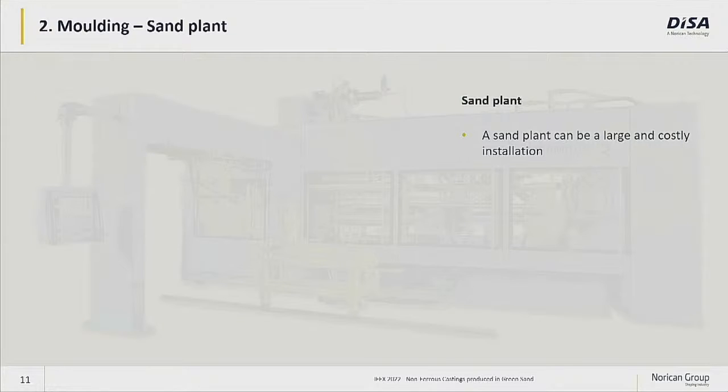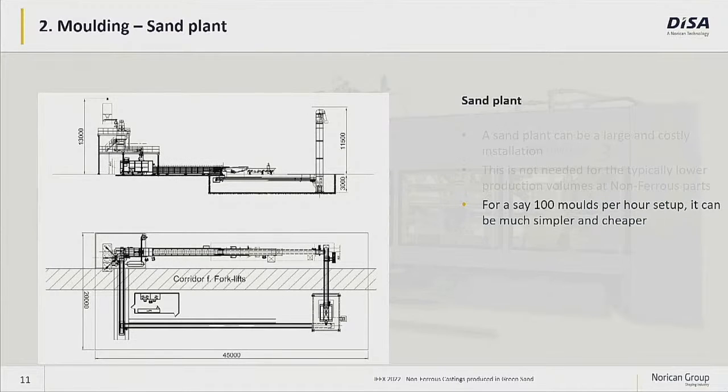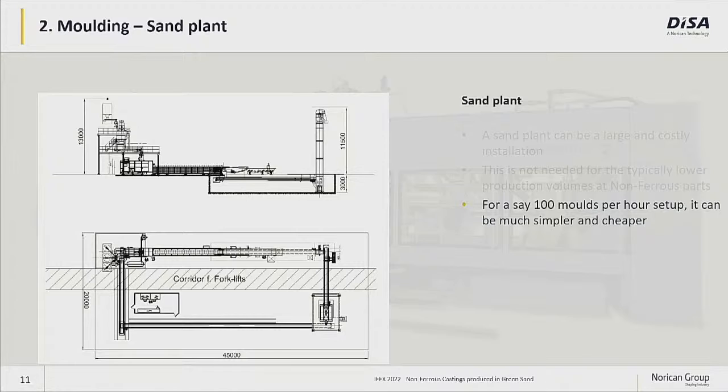If we look at sand plants, typically you will see a sand plant as quite a big and also quite costly installation. But when we are talking about these smaller production volumes, we don't need to go for these big and costly installations. For, say, a 100 molds per hour setup, we can use a much, much simpler and hence also much, much cheaper installation. And here we see an example of a simple sand plant suitable for around 100 molds per